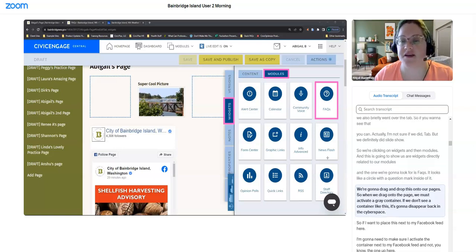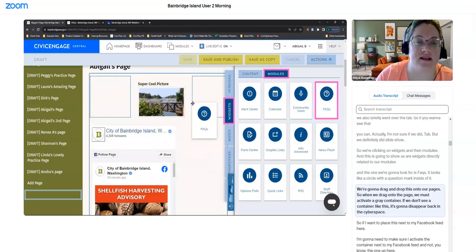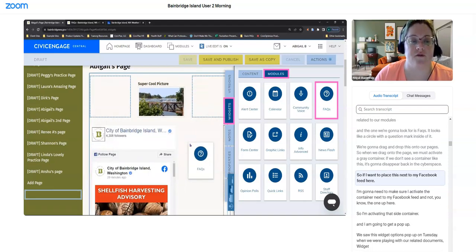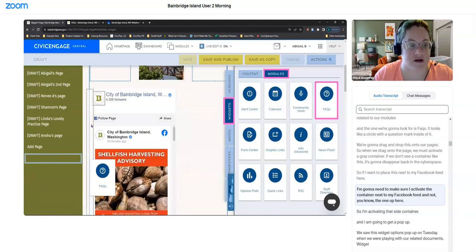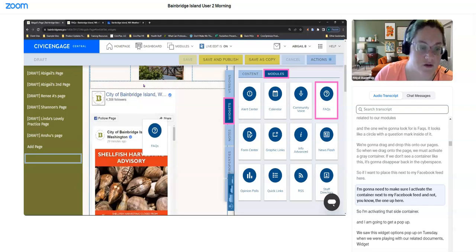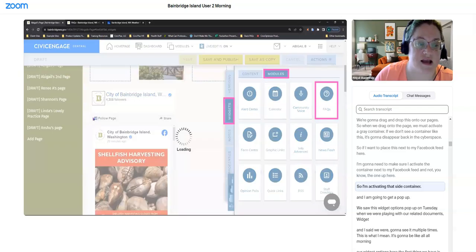We're going to drag and drop this onto our pages. When we drag onto the page, we must activate a gray container. If we don't see a container like this, it's going to disappear back into cyberspace. So if I want to place this next to my Facebook feed here, I'm going to need to make sure I activate the container next to my Facebook feed and not the one up here. So I'm activating that side container